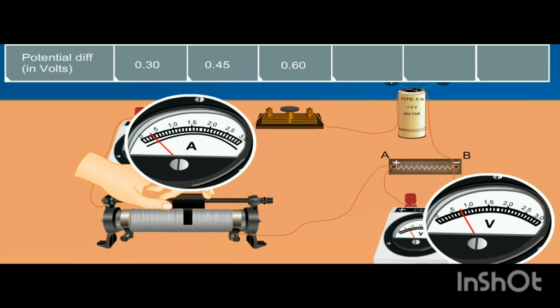Current in amperes, potential difference in volts 0.15